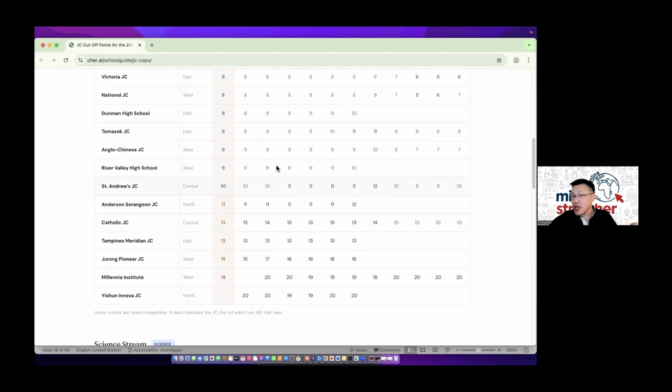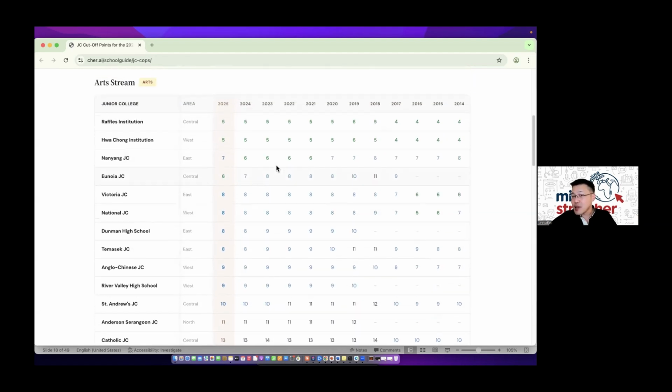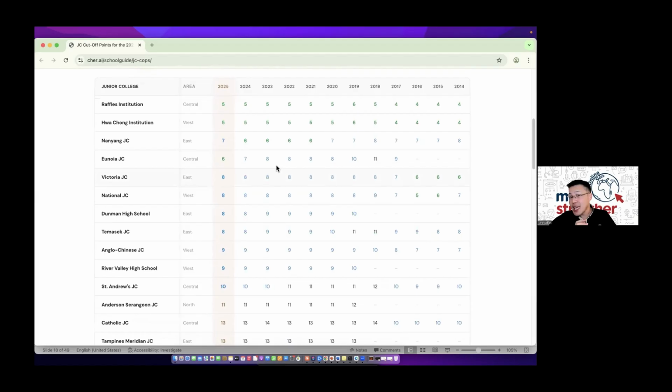Okay. So just to caveat, it will be hard to second guess what will be the score this year, right? But I think what this can do is give you an inkling of how things have changed or not changed over the last couple of years. So the takeaway here is you can see it's pretty stable, right? It doesn't change much. And even if it changes, it is one score variance. So have that in perspective as you put down your schools, in particular for the stretch. That means if you really want to put a stretch school, it's possible, but not something that is too far off, right?